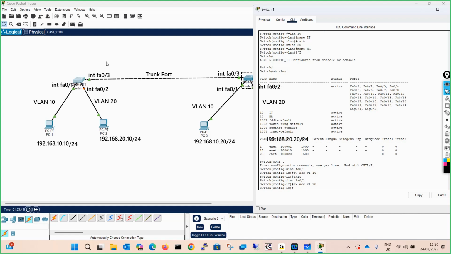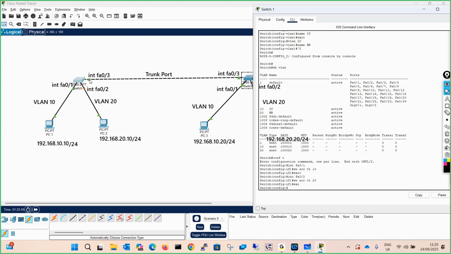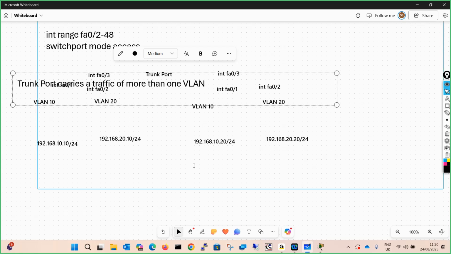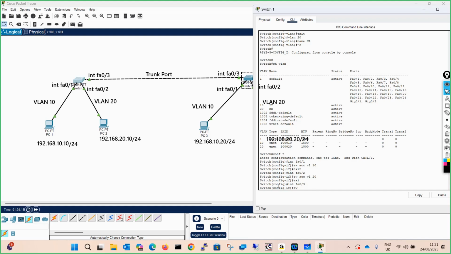Finally, we need to make FA0/3 a trunk port, right? So let's go ahead and say FA0/3. Remember, the command to assign membership is switchport access. I am using shortcuts, so don't get confused, but I will use the complete command now.